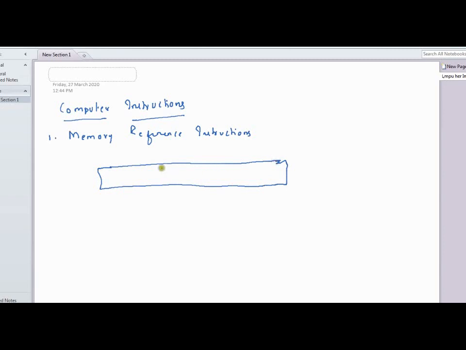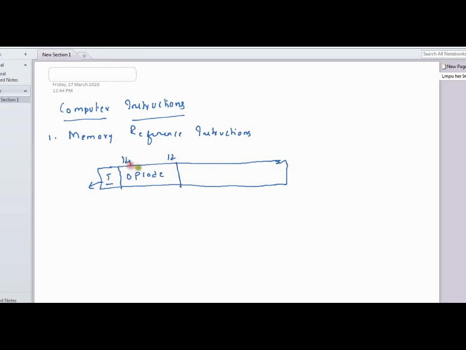We already discussed that the length of the instruction is 16 bits. The 16th bit location is represented as I. The remaining part, the second field, is the opcode. The opcode is represented with the help of bits 12, 13, 14.